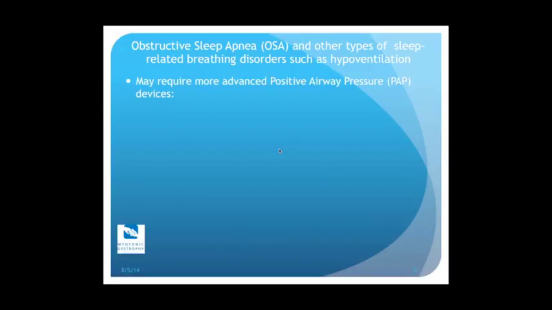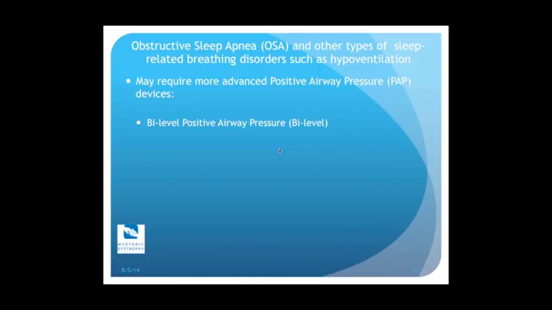So CPAP is a very basic type of device. There are more sophisticated types of positive pressure devices like bilevel. If you or a caregiver knows of someone with myotonic dystrophy that has significant findings on the pulmonary function test, where they've seen a lot of restrictive disease, progression of respiratory muscle weakness, you might benefit from bilevel. One common complaint I hear with patients on CPAP is that they feel like they're getting smothered when they try to exhale, that the pressure is blowing at them.